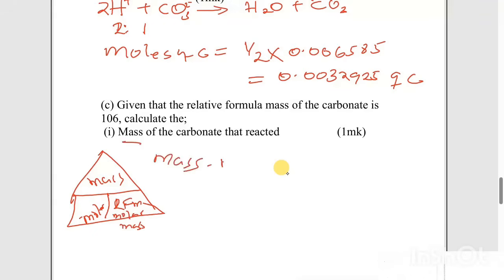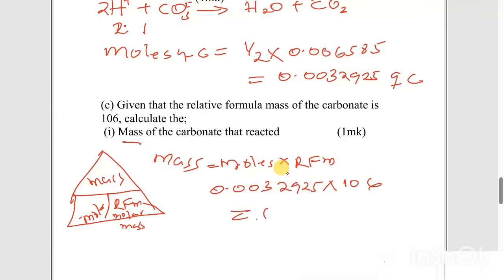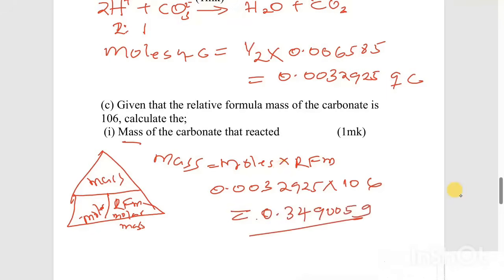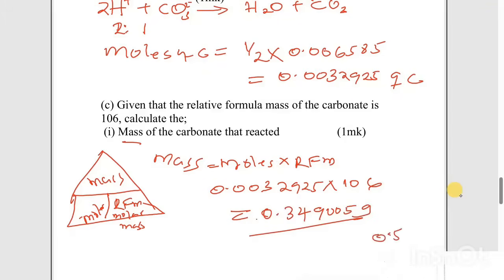Mass is equal to moles times RFM. So we have the mass of the C that reacted, which is 0. We have the moles, 0.032925 times the RFM, molar mass, which is 106. And that one is going to give us 0.349005 grams. So this is the mass, out of the original mass, which was 0.5,